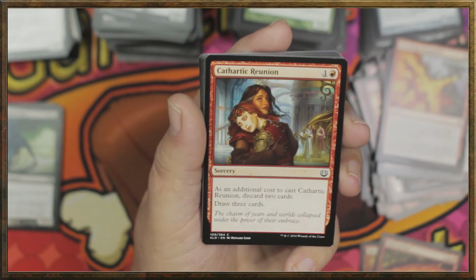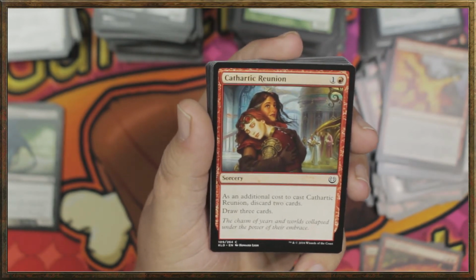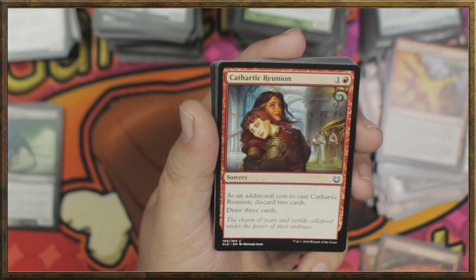Looks like there is. Cathartic Reunion, 1 and a red for a sorcery. As an additional cost to cast this spell,